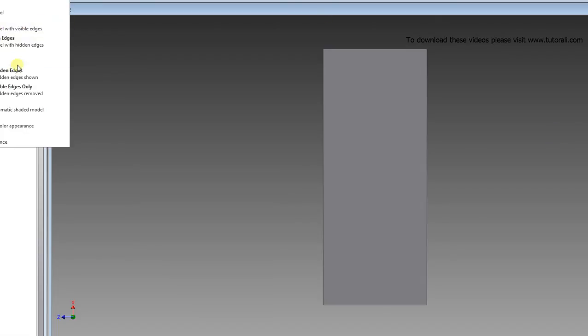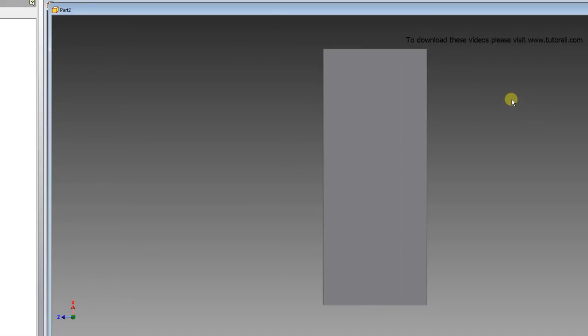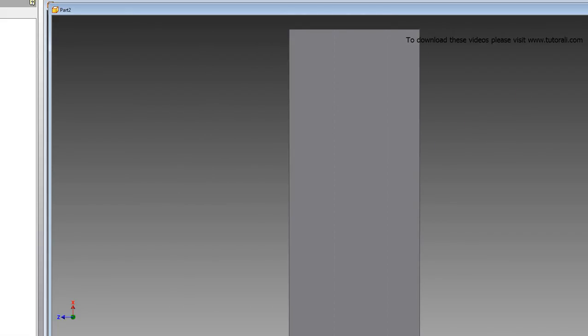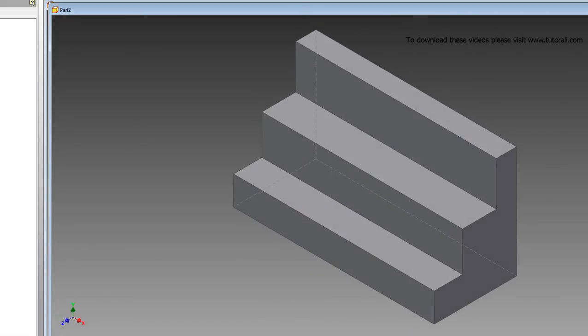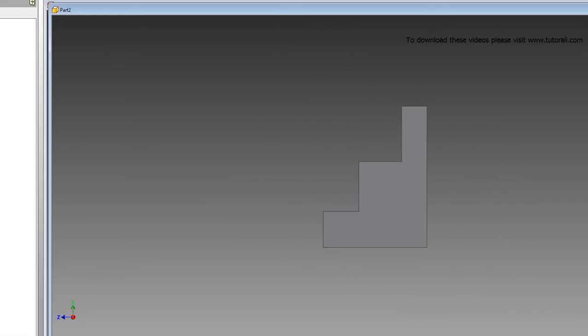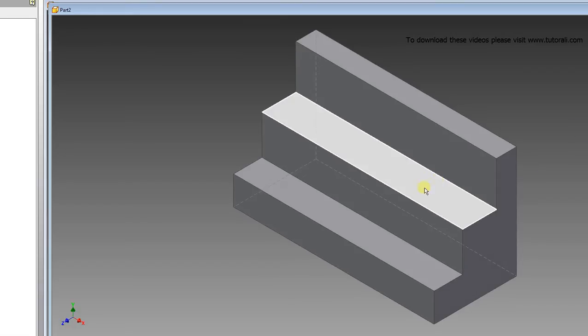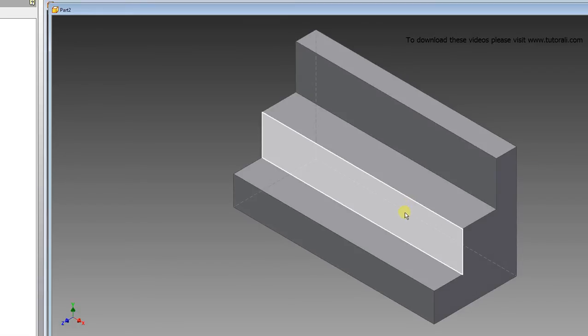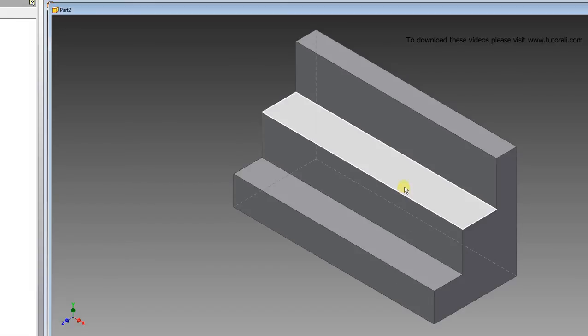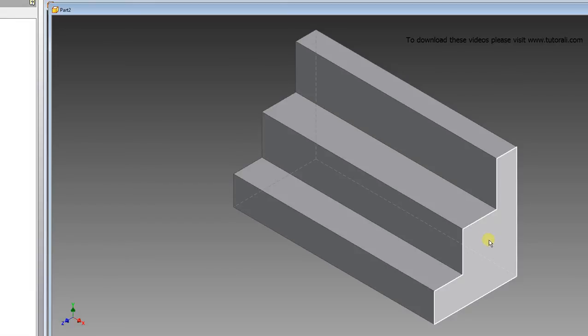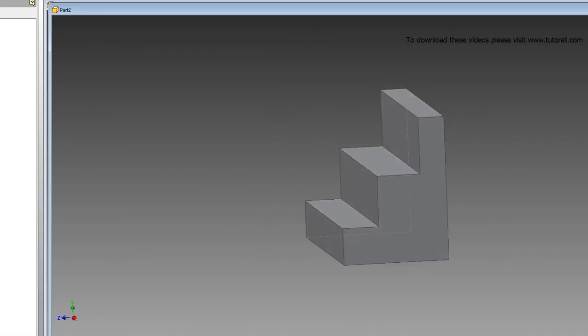Now if I want to see the hidden edges, if I do that, you see the hidden lines? I see the hidden lines of the steps above. So this is your 3D isometric view showing the hidden lines. Again, the right side, all I see is like this. I don't see any of these surfaces. Why? Because they are normal to this surface. So right side view,